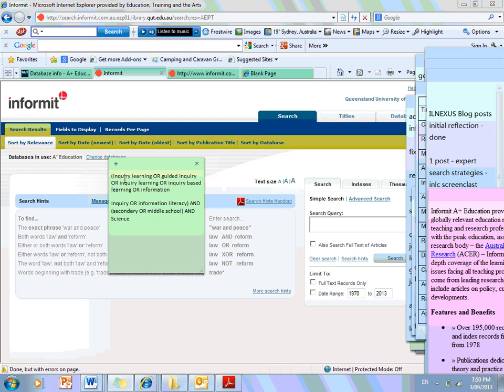First up, a couple of synonyms: inquiry learning or guided inquiry, or inquiry-based learning, or information inquiry or information literacy. Just realised there's a double in there, I'll get rid of that. Okay, this is then linked with an AND indicator. So I would like one of the above terms, inquiry learning or one of its synonyms, combined with looking at